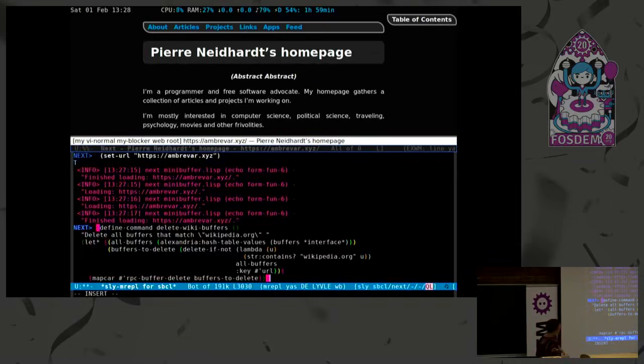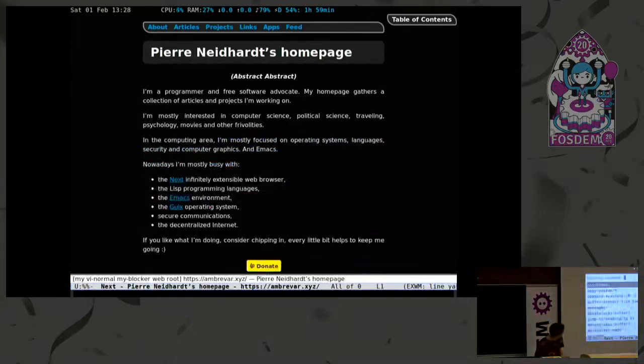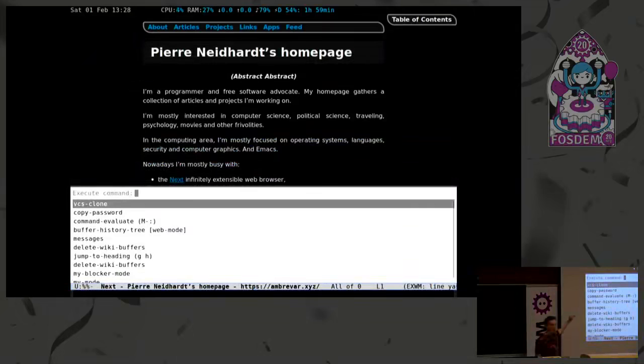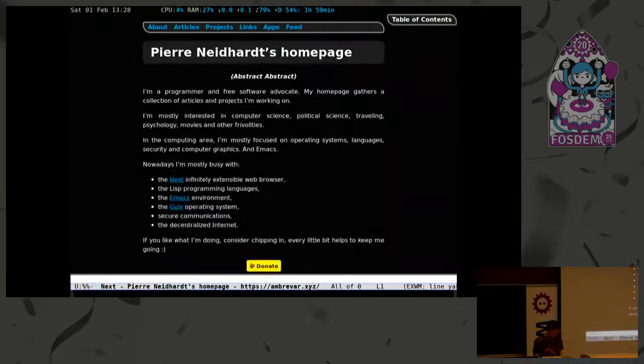So if I evaluate this, and I go back to my next window, and here, this is the list of all commands I have at my disposal. If I start fuzzy searching delete wiki, there it is. And well, it's double, and it's a long story. I'm sorry about that. So, I can call it, or I can actually do even better.